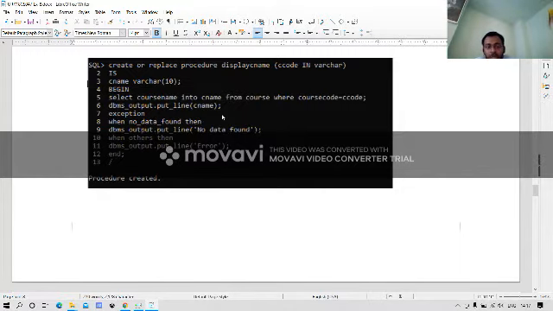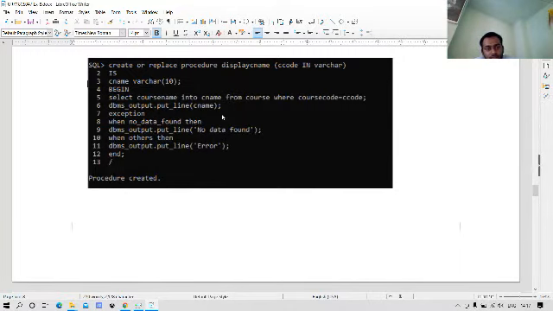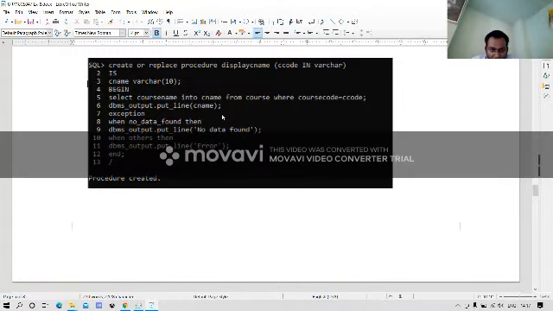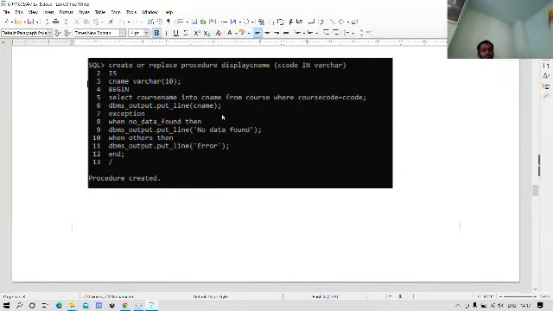We have to check if there is a course, it has to display that course name.